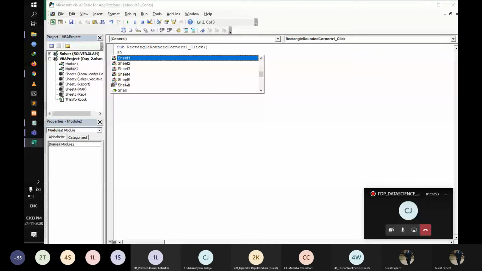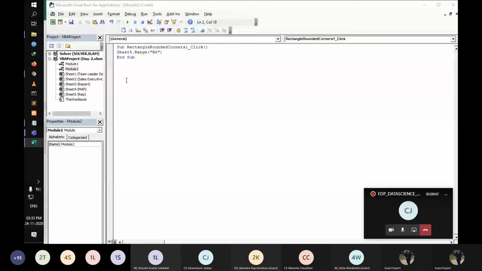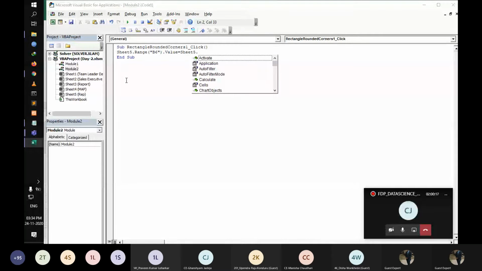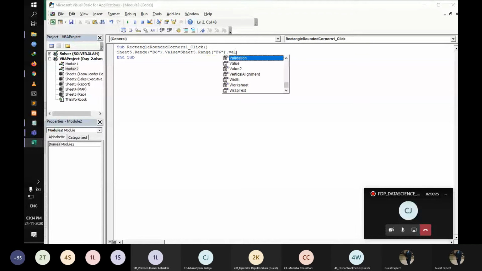So Sheet 5 dot Range bracket B6 dot value. Okay, let me check.